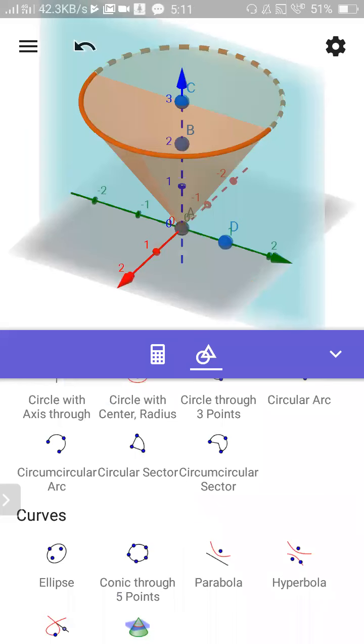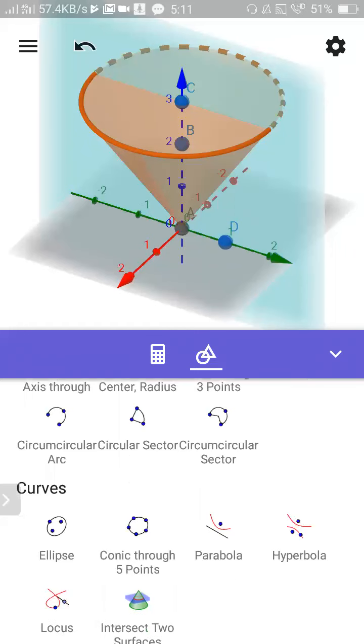See, the cone means this is not a solid cone, sir. This is a hollow cone. Please remember, because we have to concentrate on the surface only. We should not concentrate on what is inside the surface. That's why you are making a mistake, I think. Our aim is always to form a surface, not a volume. You have to concentrate only on the surface, not inside the surface. Okay, anyway.